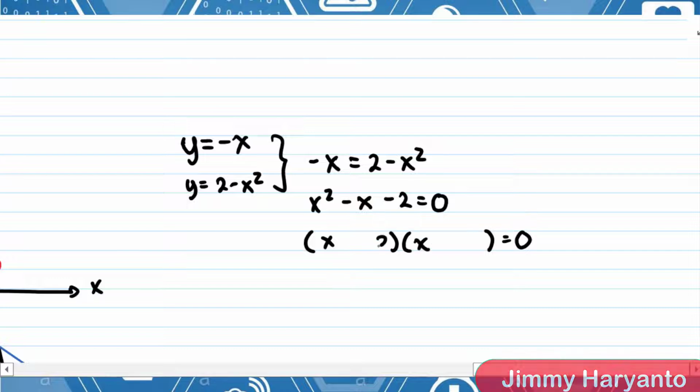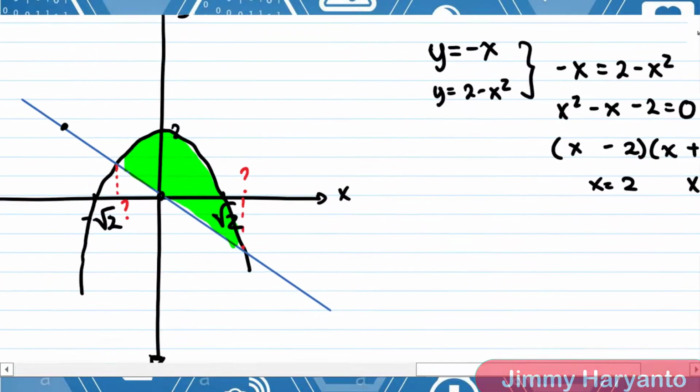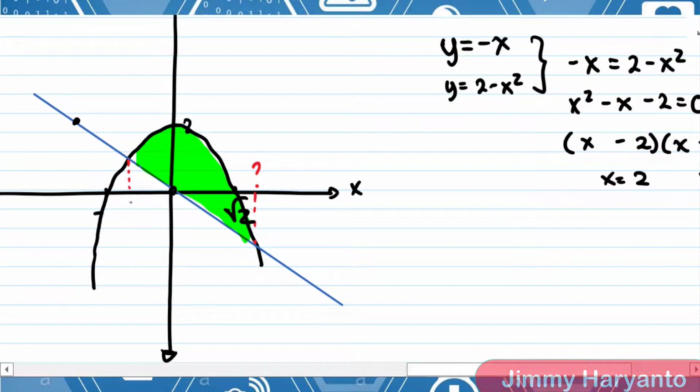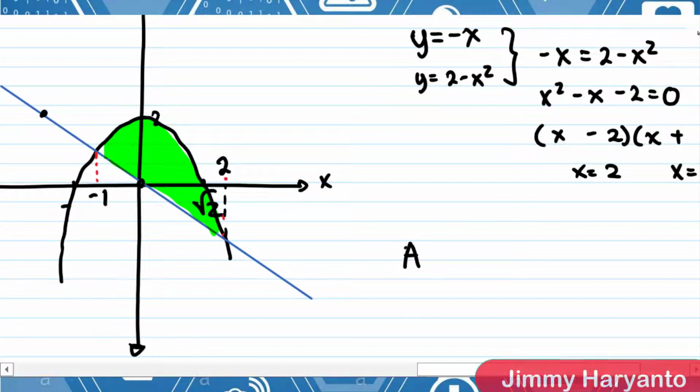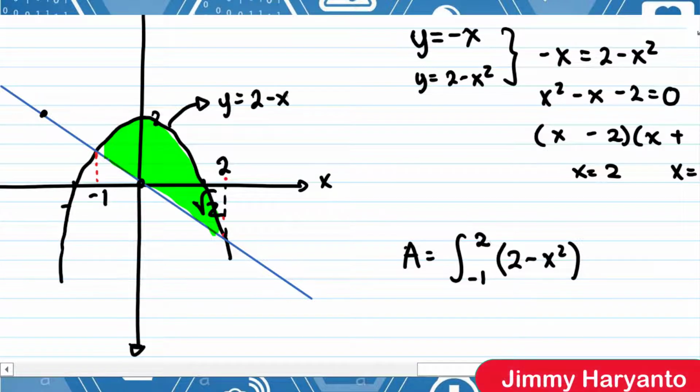You will have x equals 2, x equals negative 1. There you go, we already have the numbers. So the numbers are negative 1, and also for this one it will be 2. Now we already have the boundaries. We can find the area. The area will be from negative 1 until 2. The upper function is the black one, which is y equals 2 minus x squared. So 2 minus x squared first, and then minus the blue one. The blue is y equals negative x,